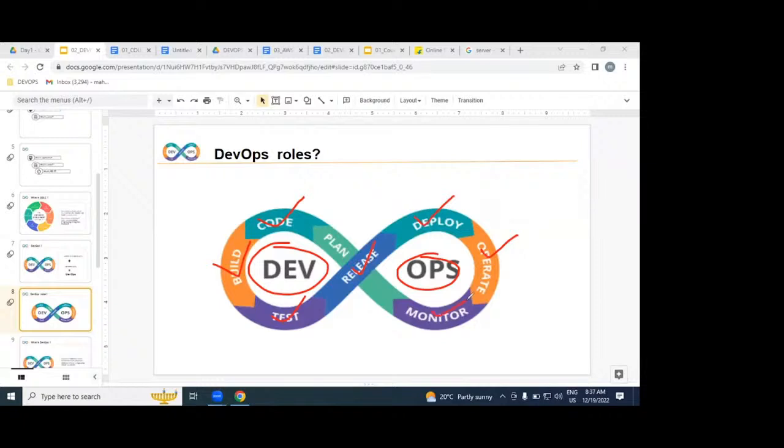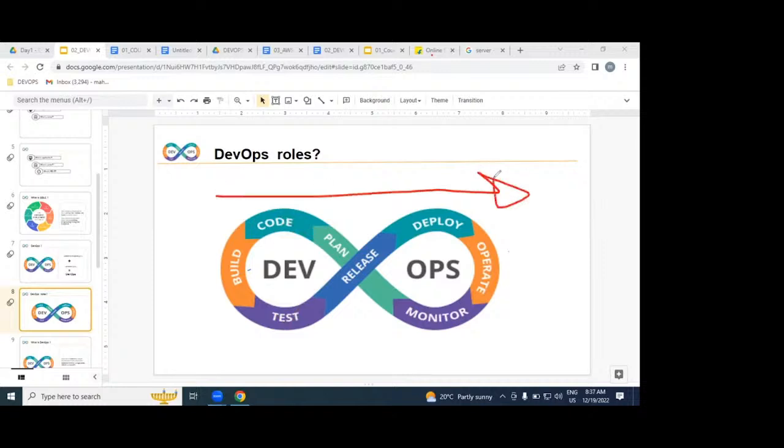But to be frank, we are not writing any coding. To be frank, we are not writing any test cases also. Our job is to implement the DevOps process from the dev environment to operations with an automated process.